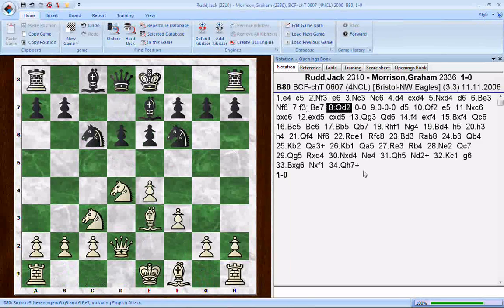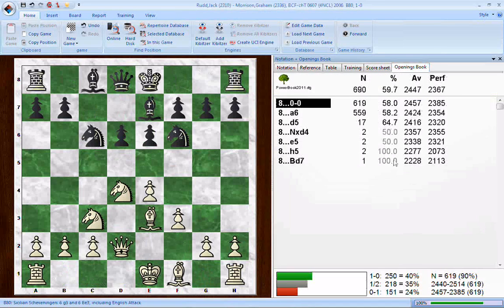Come here, and first thing I'll check is the openings book. And I notice the castling is played the most often. Then A6, Bishop D7 only gets played one time. It does really well for white too, so it's not a great move. But then again, one game is not enough for a proper statistical sampling. But I'm sure if I sit here and look at it long enough, I'll figure out why Bishop D7 doesn't work. So castling is the most popular move, and then right behind it is pawn to A6,